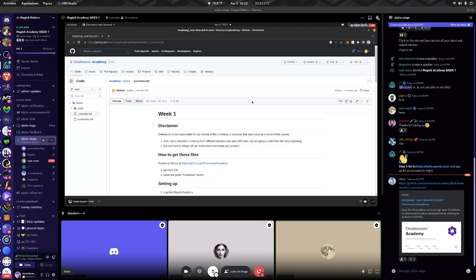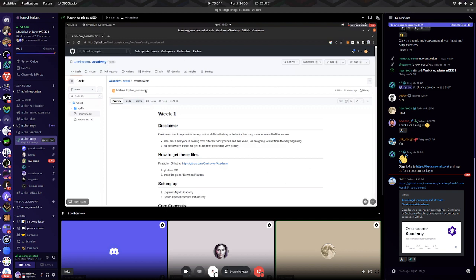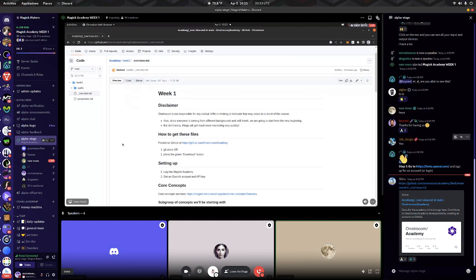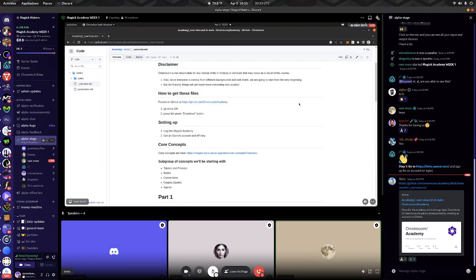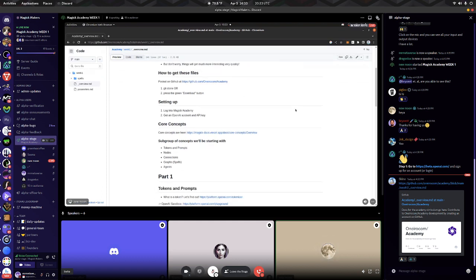I recommend getting comfortable with Git. It's a very powerful tool. It's a way for a lot of us to share our ideas and code. So even if you're not super comfortable, at least feeling good with this interface is good. That's a big part of why I chose to bring you into the tools I use every day, at least. So here you go. If you need to get the files, you can git clone. You can just look here. You can download it. So we have to set up two things.